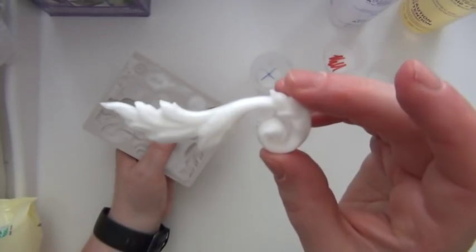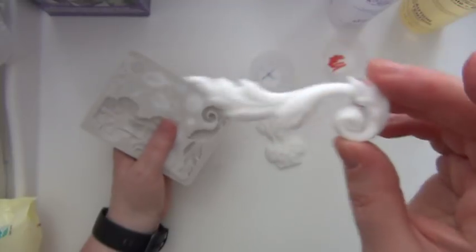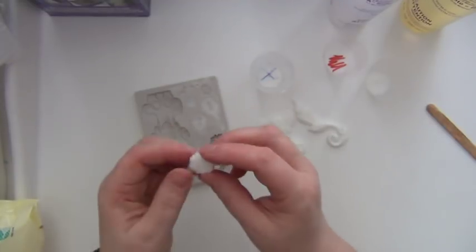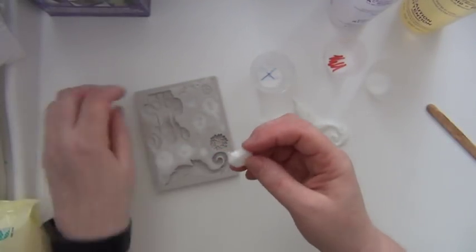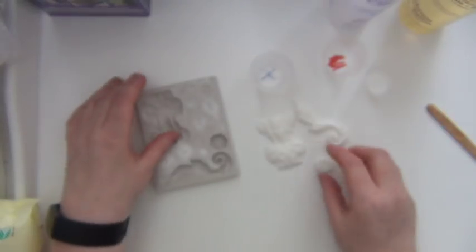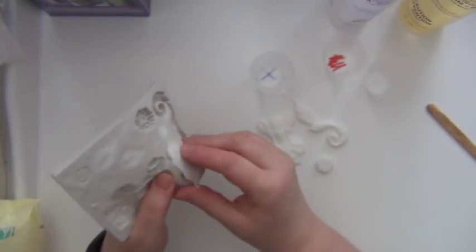And this is really nice for figures. So we have this small mold, I think it's called Fairy Garden or something, from Finnabair and Priva Marketing, and I've got a flower there. So I thought I'd just take these